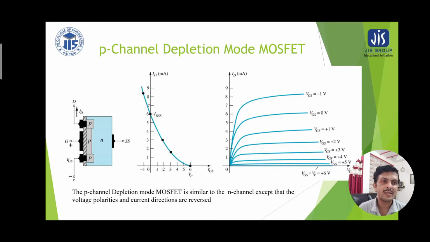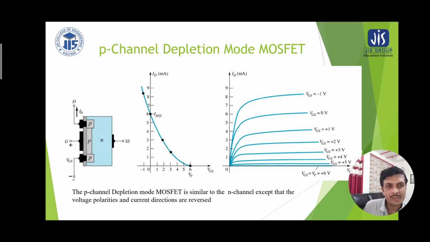Now in this case, if we observe, the kinetic energy of the holes is gradually increasing at the drain end compared to the gate end. Because of the higher kinetic energy, these holes are creating more and more uncovered ions near the drain end. So that is why the channel is more pinched nearer to the drain end.